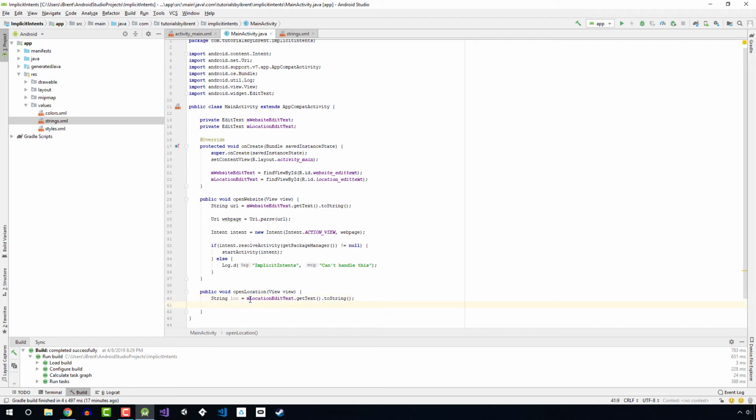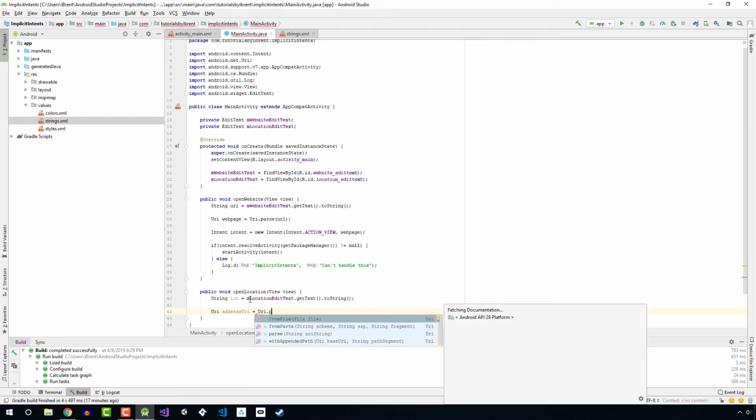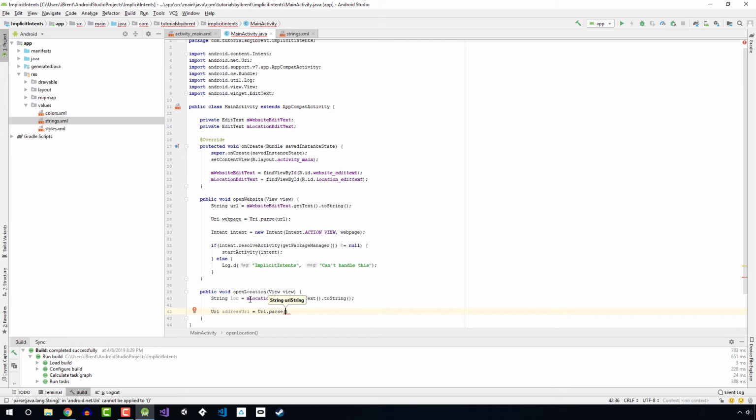Next, we need to parse this string as a URI object as well. We're going to say URI address URI equals URI dot parse. Now here we're going to use special text that turns this string into a query that handles it for geolocation. And the way to do that is we are going to prepend or put text before this to say GEO colon 0, 0, and then a question mark, and then Q equals, and then close the string, and then